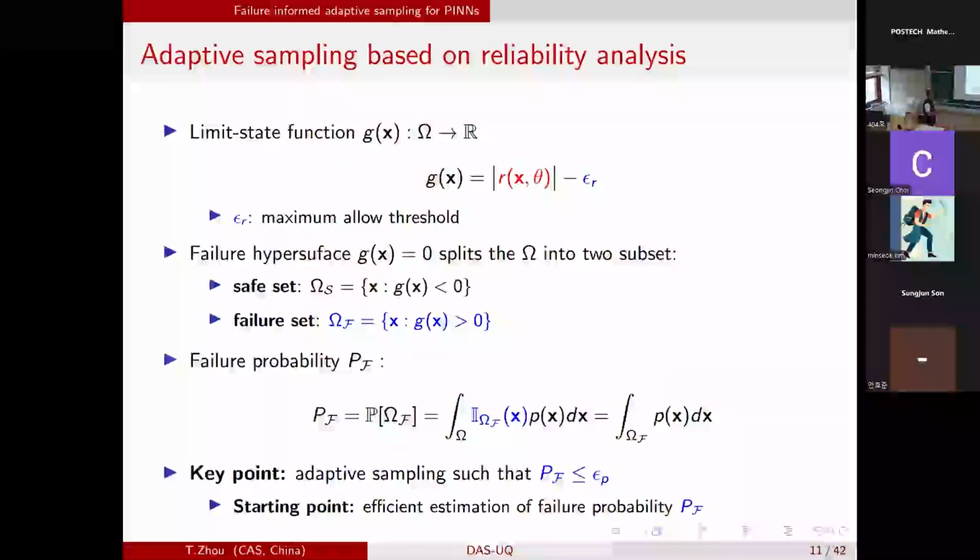So the idea is very simple. Like in finite element methods, you will define some kind of error indicator. Because here you are minimizing the residue, we just define that if the residue is larger than a tolerance, then it means that at this point, the residue is not good. But unlike in finite element method, you can do this mesh by mesh, because the meshes are structured. You can consider a single mesh, and if the error is large, then you divide this mesh into 2 meshes. But actually here we don't have a structured mesh.